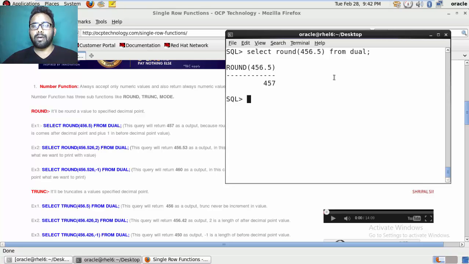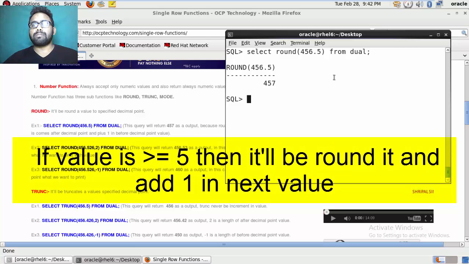And if the value is 9.4, they will take only 9 rupees from you. So that is the main purpose of the round function, to round the decimal point value up if it is 5 or greater.